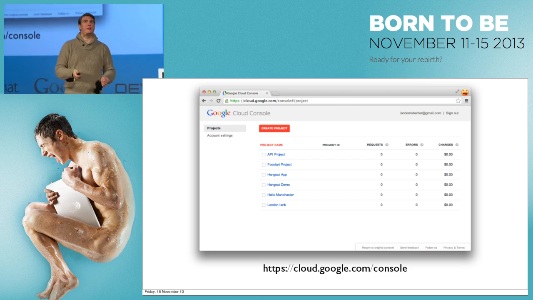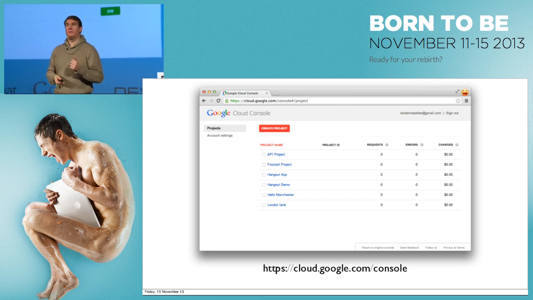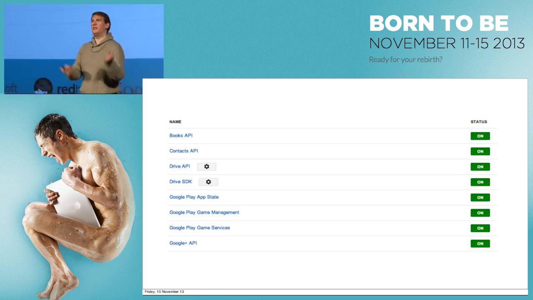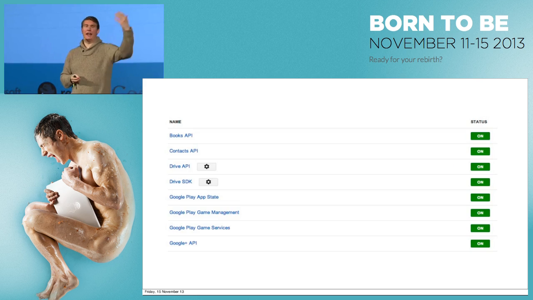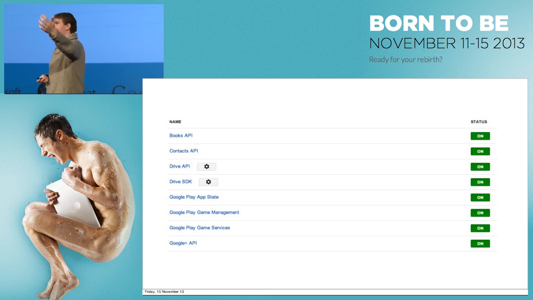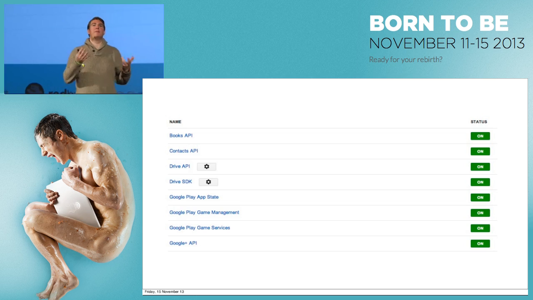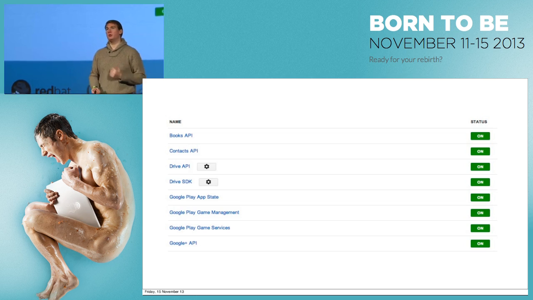This is where you configure which APIs are available, and it's where you configure all of the different clients of your app. So your app may have an Android client and a pro Android client, which is paid, and an iOS app, and a web app, and a device, a smart TV or something. So you may have multiple clients for your application, and they should be within one project. A lot of the stuff we've talked about, like seamless sign-in, works between clients of one project. So it's important to make sure they're in the same place.